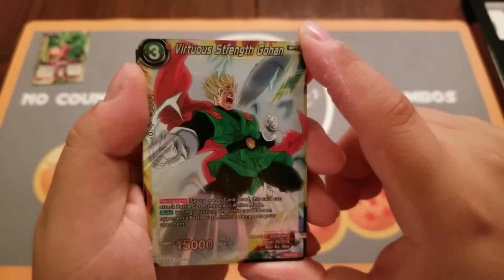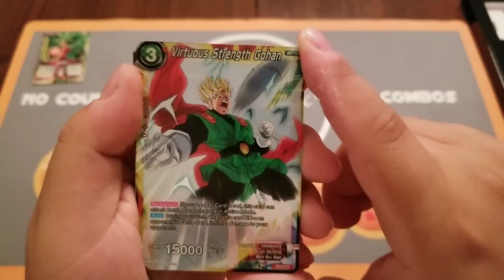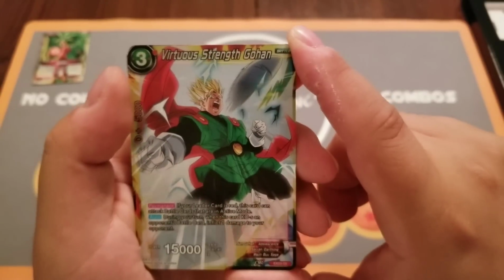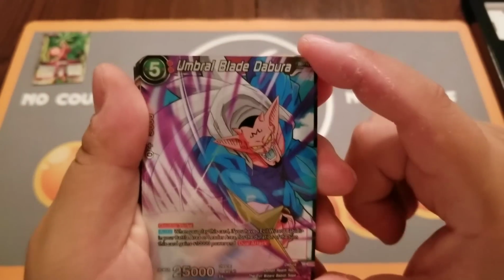It's only one red energy, so it's not too bad. So if you guys want to experiment with him, his artwork is just so amazing. I love the combination of colors, the red and the green and the yellow. It looks really nice. Then we have Umbral